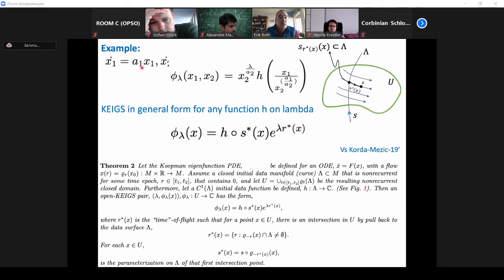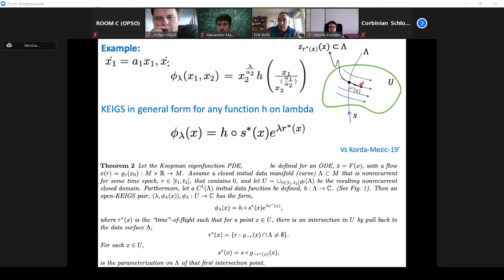So continuing with this example right here, this was the solution we just said, and I can think of it as transverse to the flow. I set an initial data curve, and I can push forward initial H's. What I'd really like to know is what is the eigenfunction at any point X. So at any point X, you can work out through the method of characteristics. What I should do is at the X, I should flow backwards along the flow until I hit the data curve. At the data curve, I'll read off the H, and then I'll tell you the value over here by